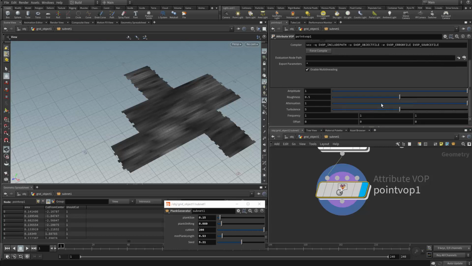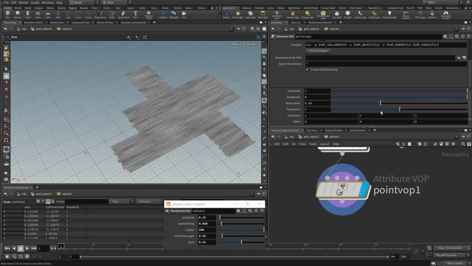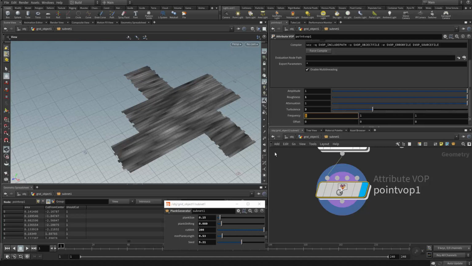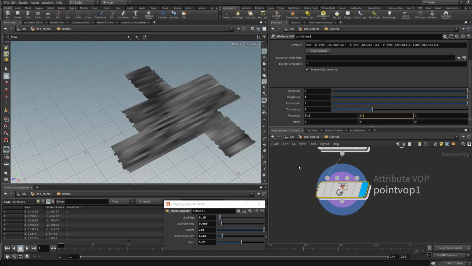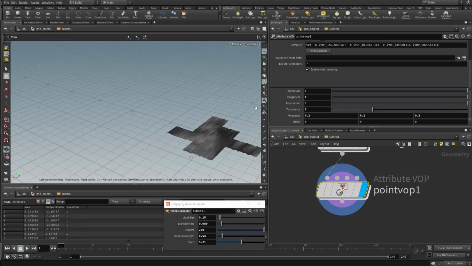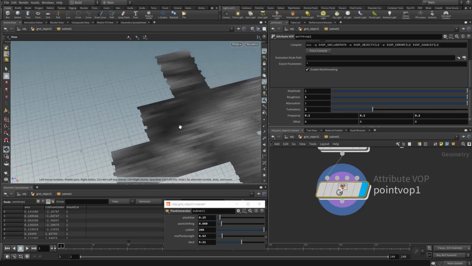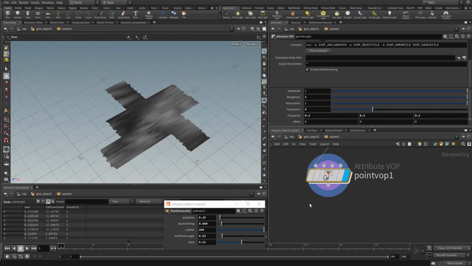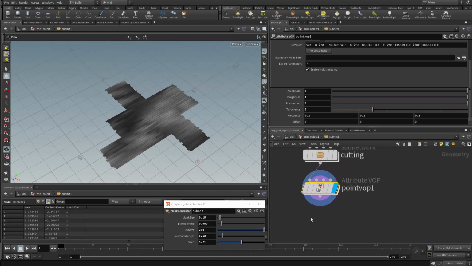Okay, right. Then what we can do is we can change the roughness to have like bigger roughness. Okay, maybe attenuation is fun. Turbulence is cool. Frequency can be something smaller. We can promote all these things. Maybe what I want to achieve is kind of like this patchy result. Okay, and then what we can do is